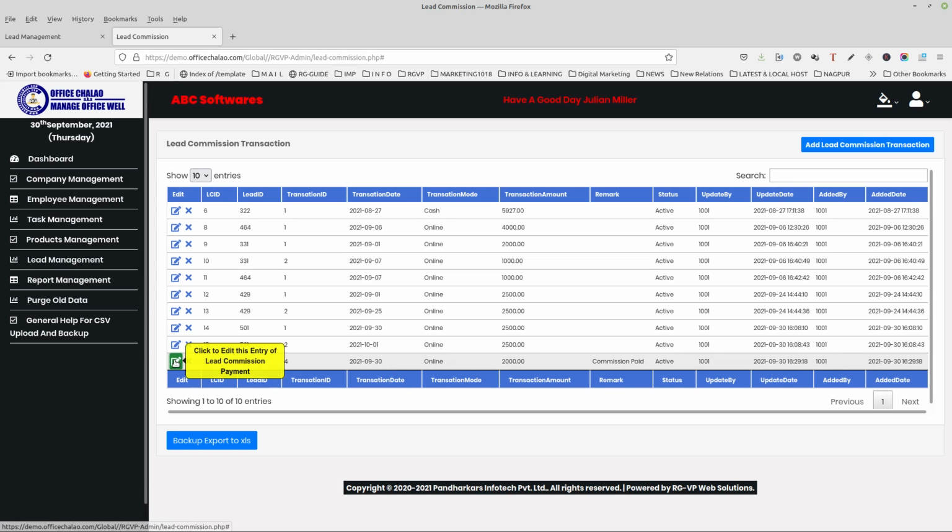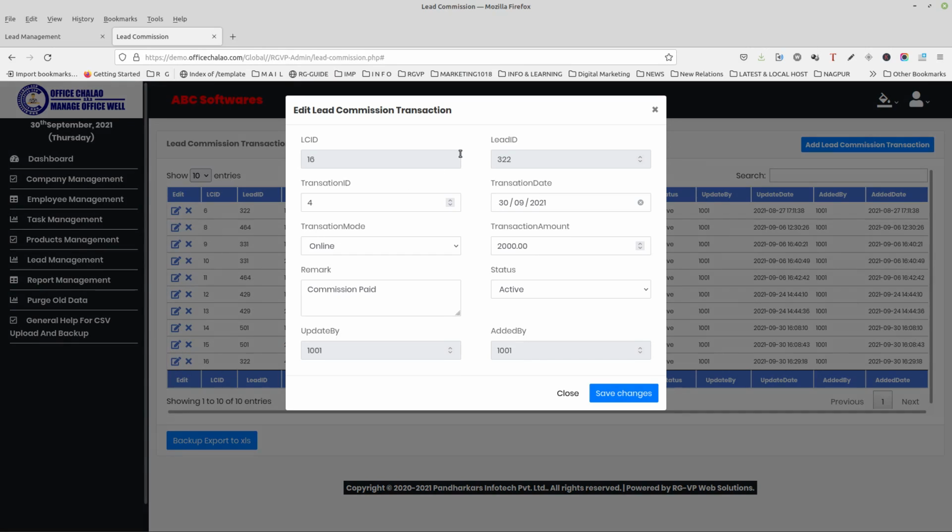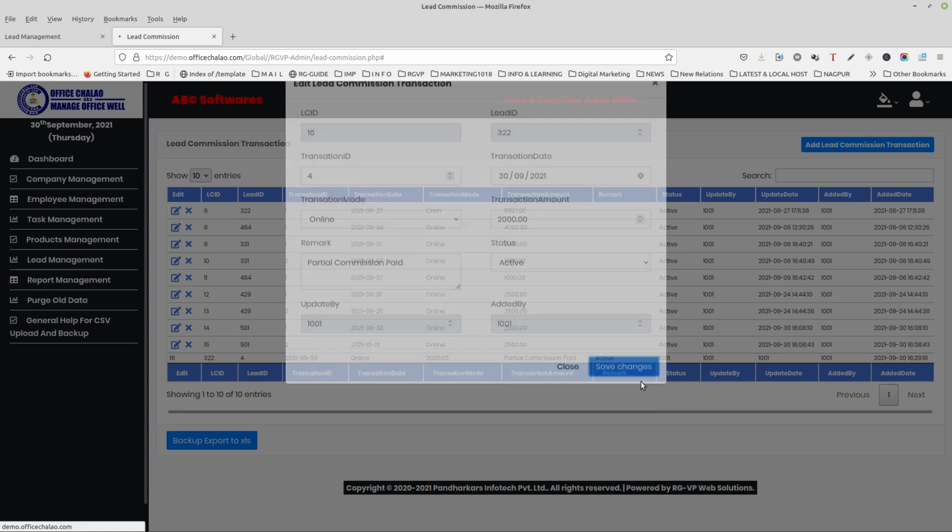To edit the entry of lead commission transaction, click on the Edit button, make the necessary corrections, and save the changes.